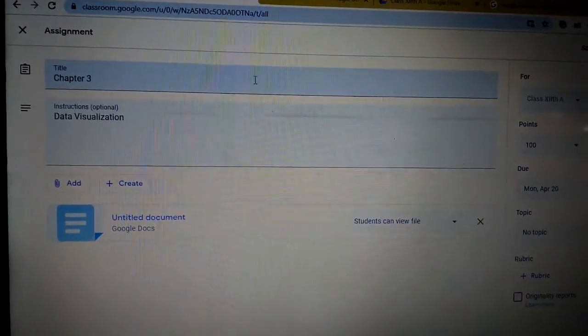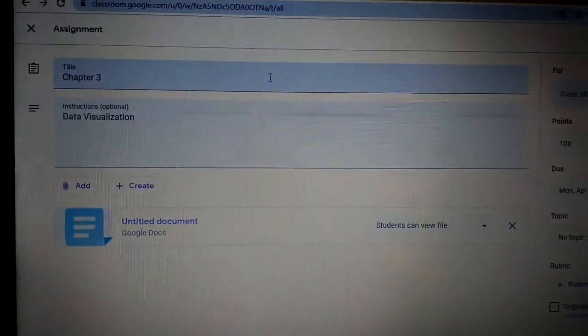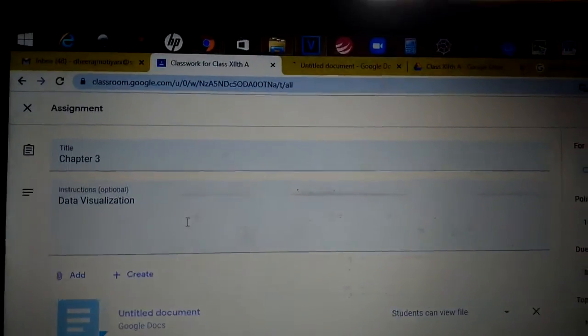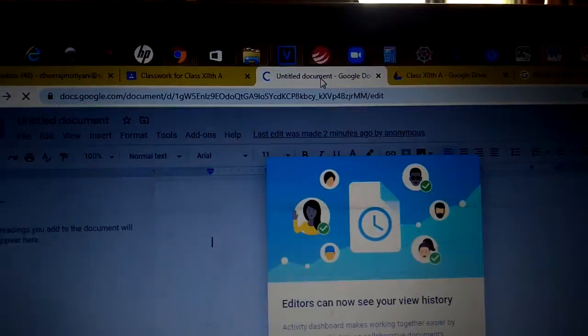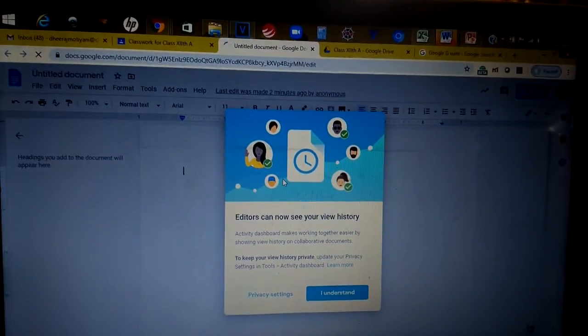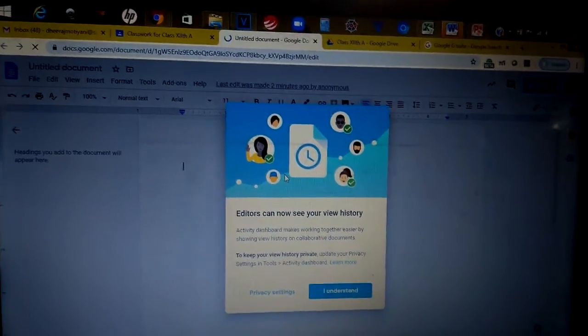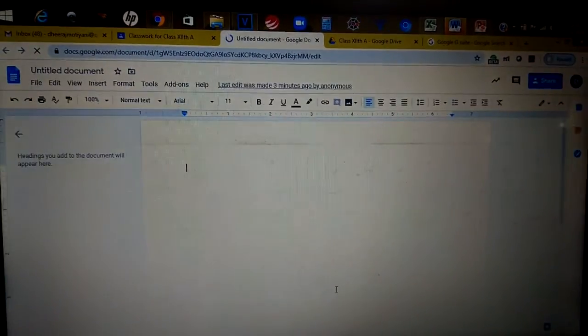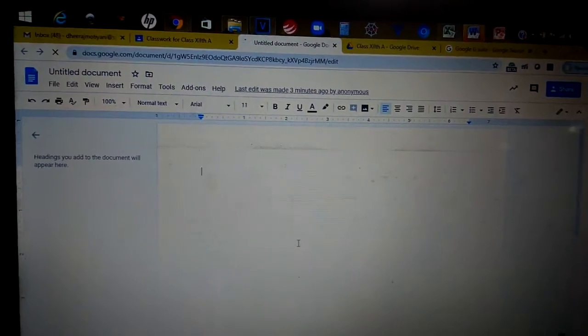So when you will be clicking on the untitled document here, you will be taken to a link, which is this link. Okay, in this link you will be getting an untitled document where editors can now see your view history. Okay, and I can understand that part, and I can make a document.